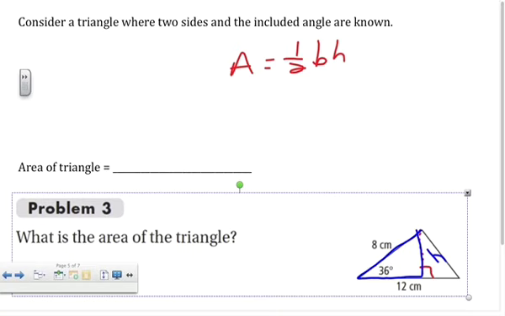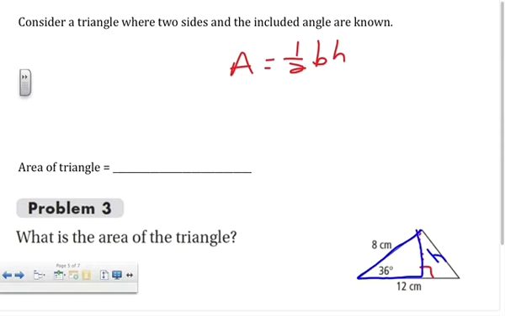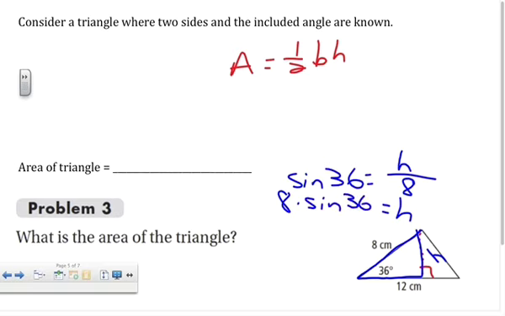It's the hypotenuse. I'm hearing some of you saying tangent, and that means that you're using this whole 12, but you don't know how much of it is in that blue triangle. So no, you can't use tangent. You would use sine. So my height, I would use sine of 36, and that would equal height over 8, which means that my height is 8 times sine of 36,